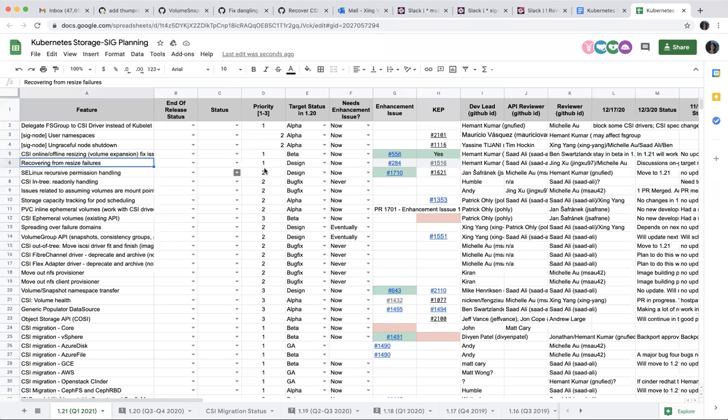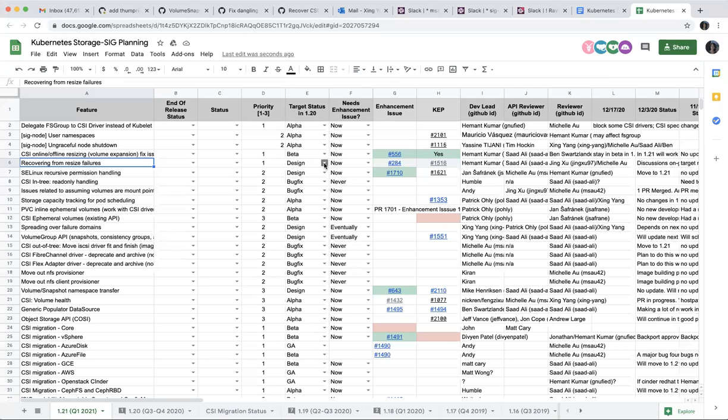Oh, so this one. Okay. Yeah. But this one is still design. All right. So we'll just keep it for beta then. Even though there's a change, we can change that. Okay. So this has a couple of things we need to address. Recovery, this one is still design. So are we trying to bring this to alpha, you think? Or